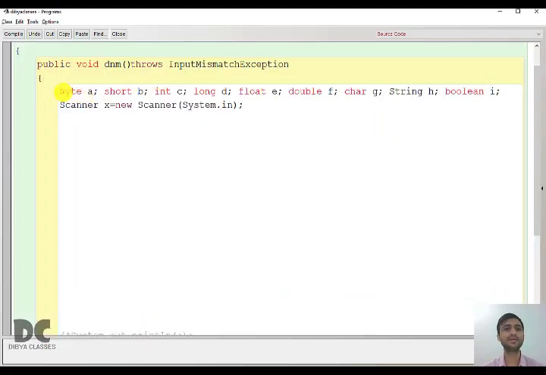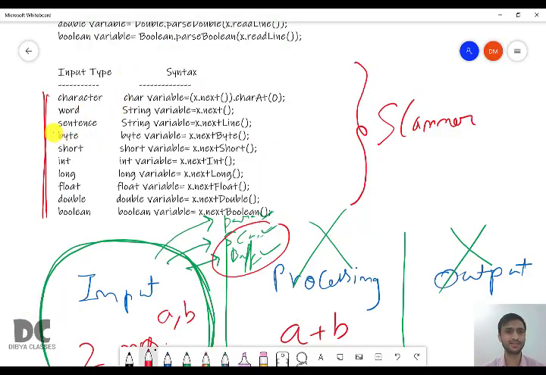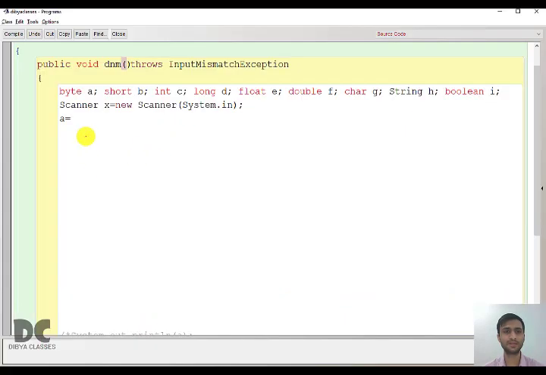The first input is for a byte type. So how to take input using byte? Now you are not using parameter, you have to use Scanner. So you have to see the syntax for byte. To input a byte type, you have to write this syntax, that is byte variable equal to x dot nextByte.